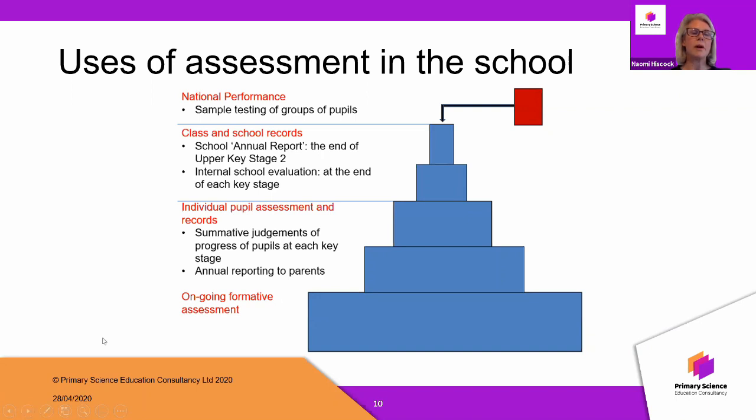So the most important part of this pyramid is what's going on at the bottom there. It's that day-to-day ongoing formative assessment. That needs to be right. If that is solid, then the rest of the pyramid will be robust, and what's happening at the top will be reliable and trustworthy. If what's going on at the bottom is a little bit sketchy, then the data that's being passed up is not going to be of any robust nature. So that's really that bottom of the pyramid that we're going to be focusing on.